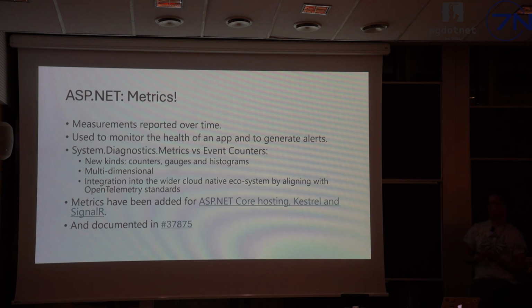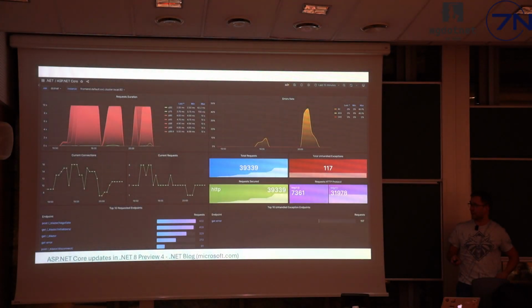Moreover, all these metrics were documented. So yeah, I see that some of you are smiling, but I was at a meeting when people were saying that, hey, we have added metrics here and there, and I was like, I have one question: do we have docs for that? No. I was like, look, we need to provide docs because otherwise people won't know what these numbers mean. So we have the docs,